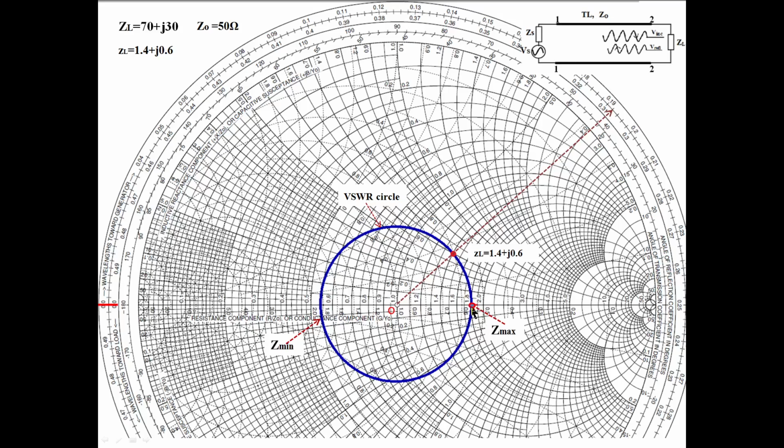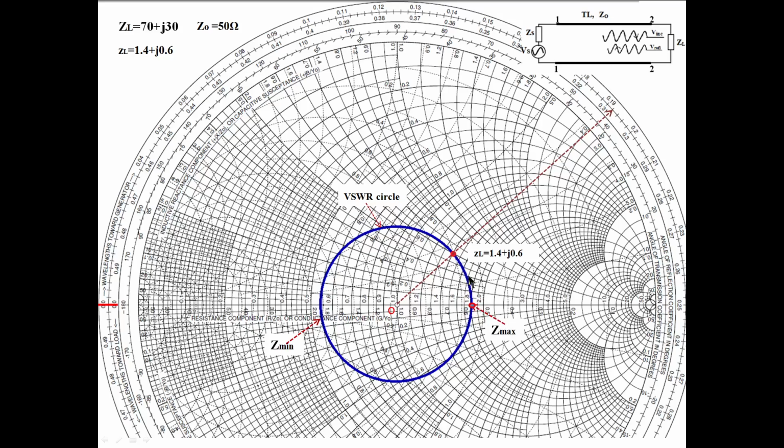As I said, it is the resistance circle with value 1.8, and a reactance circle is passing. This is a reactance circle, but it is not passing through this point. This one is also not passing. This reactance circle, the x equal to 0 circle, is passing. So the impedance at this position is 1.8 plus j0.